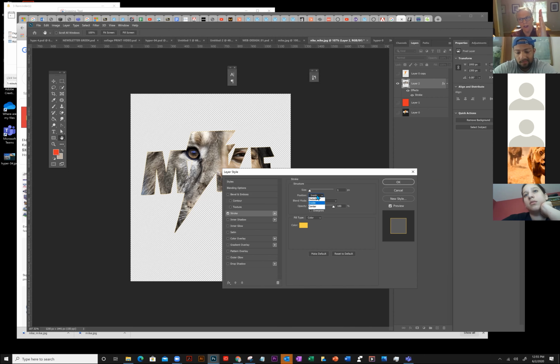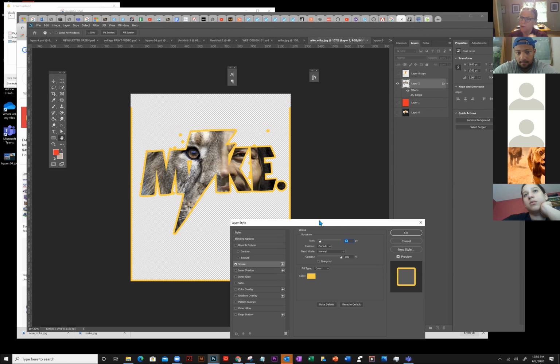Do you want to be on the outside of the roller coaster? No, I want to be on the tracks. Or do you want to be on the other side of the roller coaster? So the stroke makes a big difference. And so you can decide. So I'm going to say outside. I want the stroke to be outside. And I have less than a minute, folks. So I'm just going to choose this and we'll do the glow. So now you see I have more things that I could not see before because it's